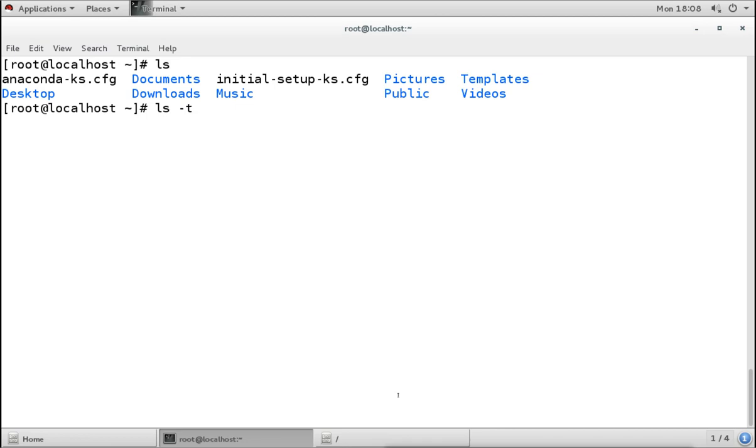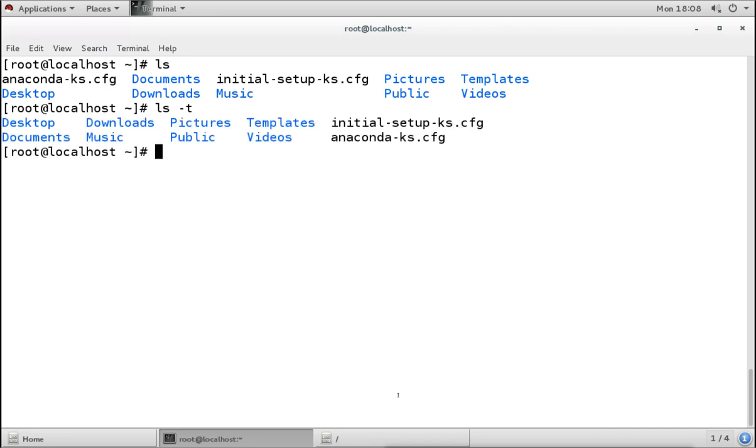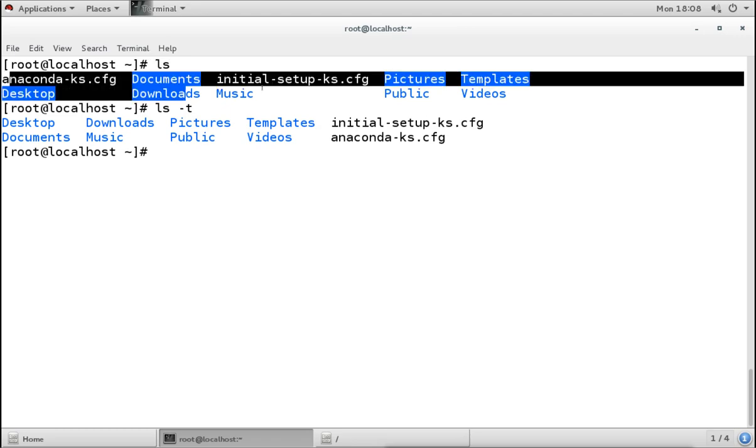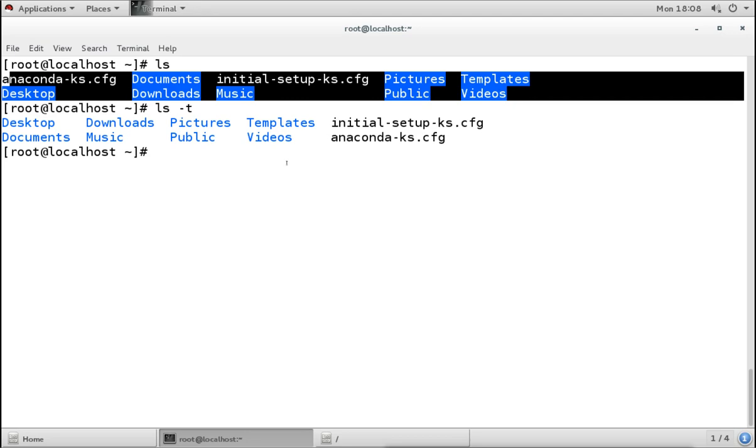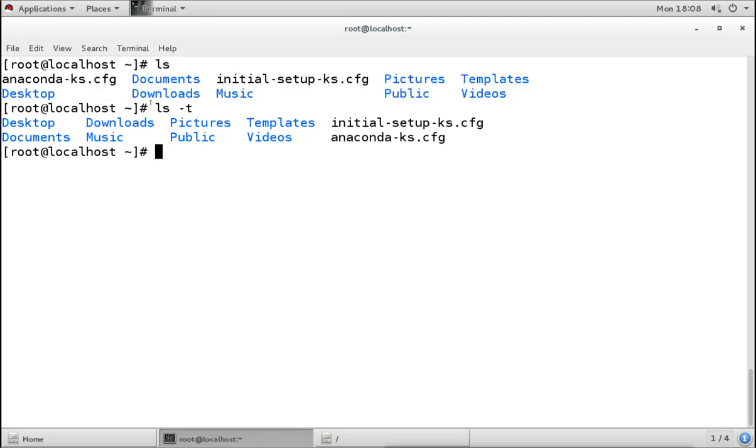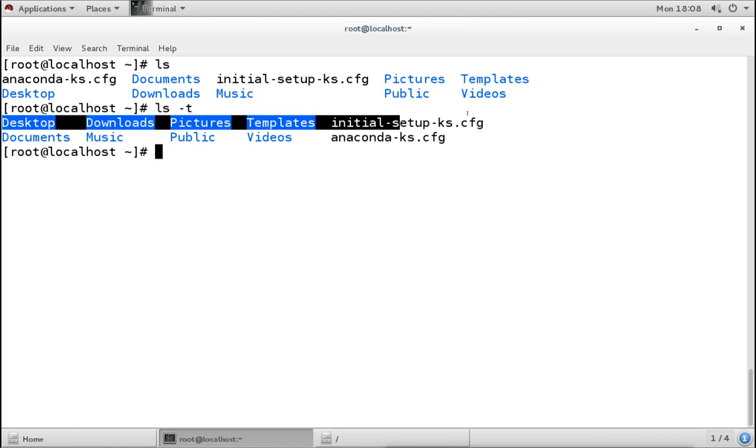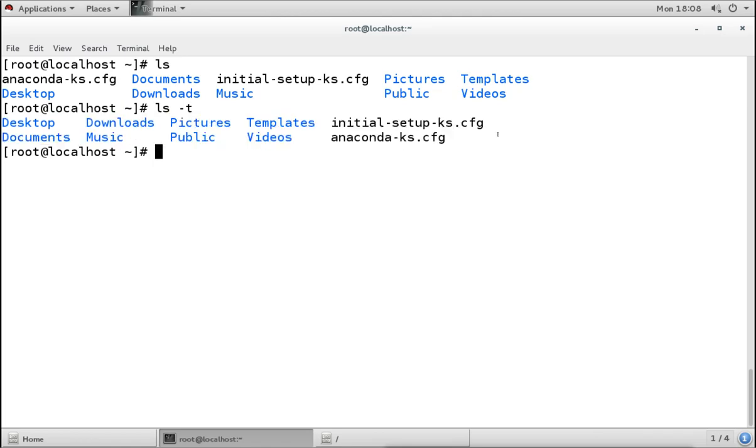Now see what happens when I give this. What is happening here? First when I give ls, it shows the output like this, but when I give -t, the output is changed. Now what is the change here, and what is this option doing?